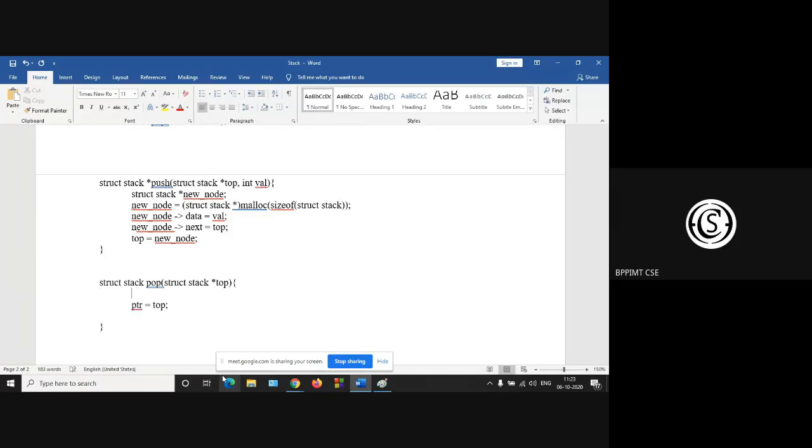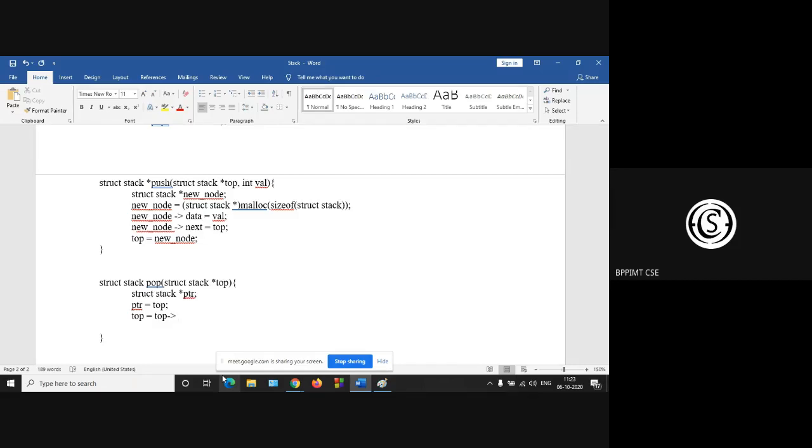So you have to declare this ptr, a pointer to the stack node, and initialize ptr is equal to top, then top is equal to top next.